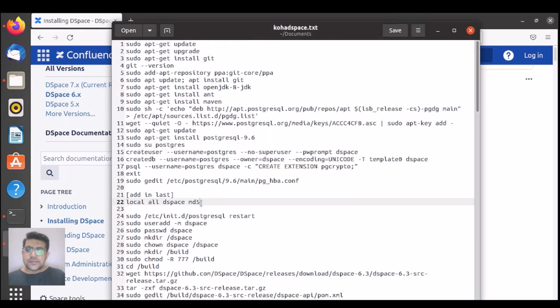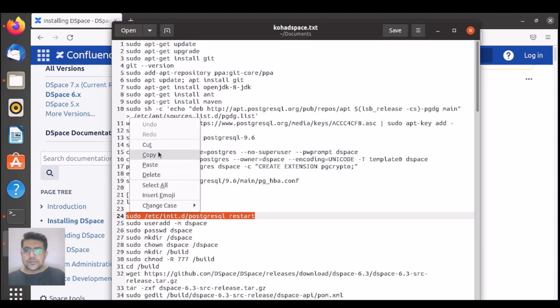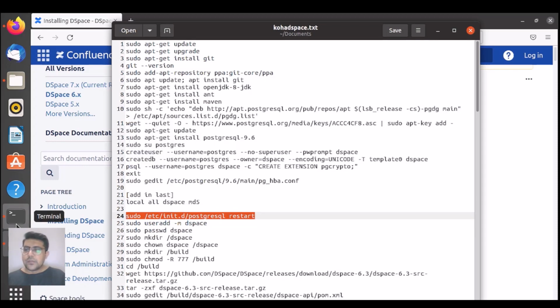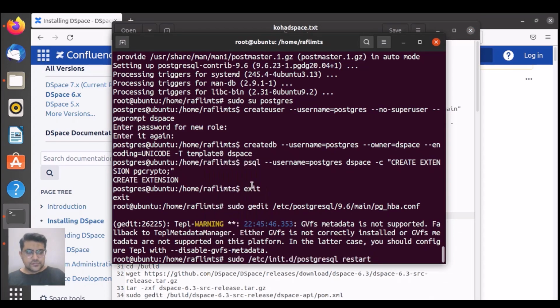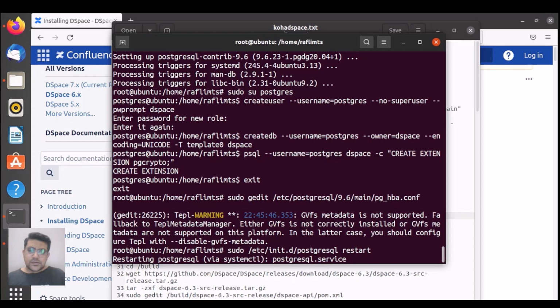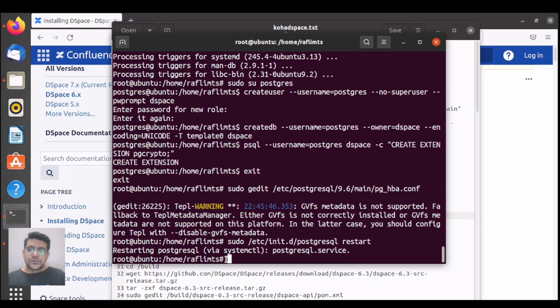And after this, we need to restart PostgreSQL by using this command. This is one of the old commands, but it works actually. Restarting Postgres by this command. This is actually the newest command. So anyhow,